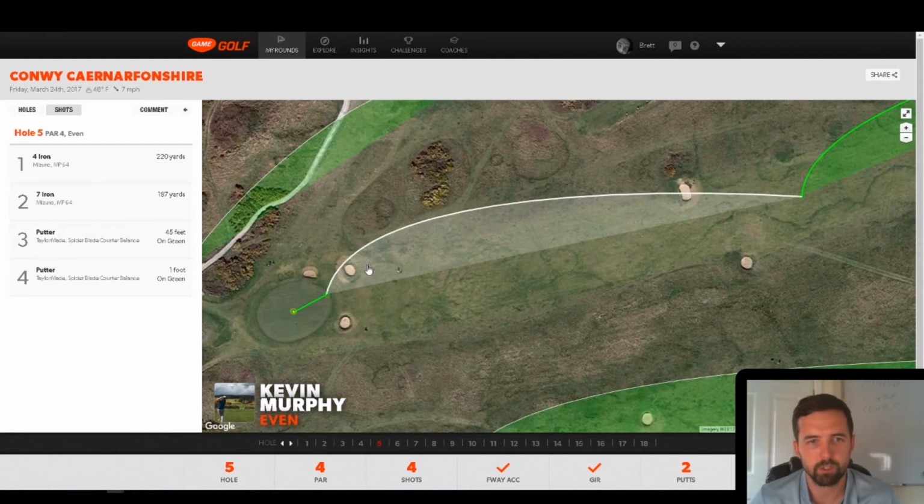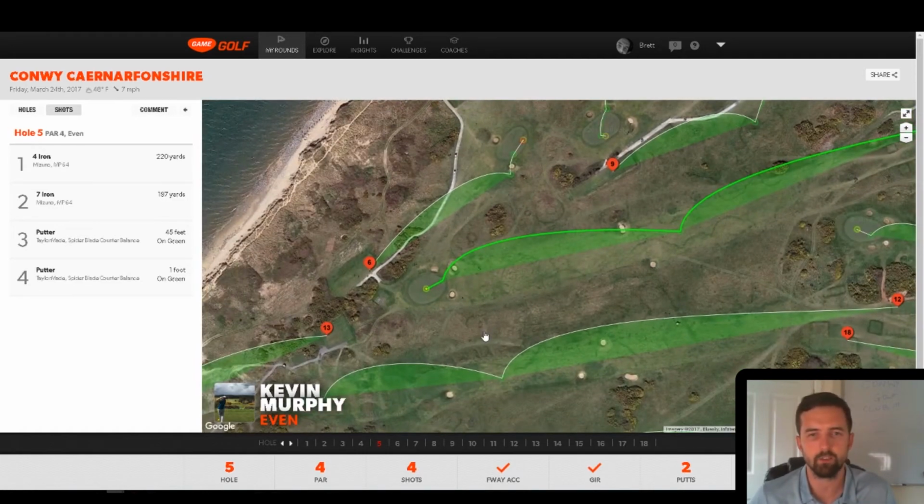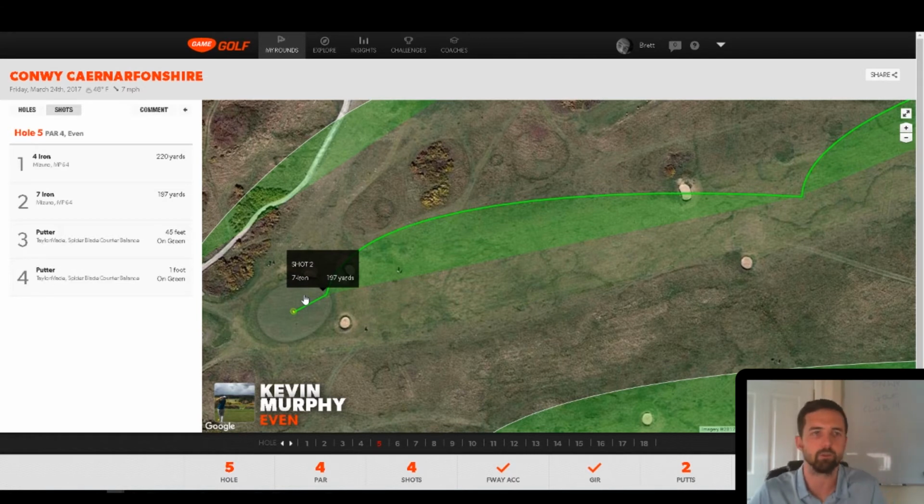Approach to the green, it's protected well at the front, so basically all I need to think about is make sure I take enough club to just take those bunkers out of play. I never really want to be taking a club that leaves it short. It's going to be very difficult if the pin's short here. If the pin's at the front, I'm going to have to be bouncing this short of the bunkers and hoping that I catch one properly and it goes through the avenue. So